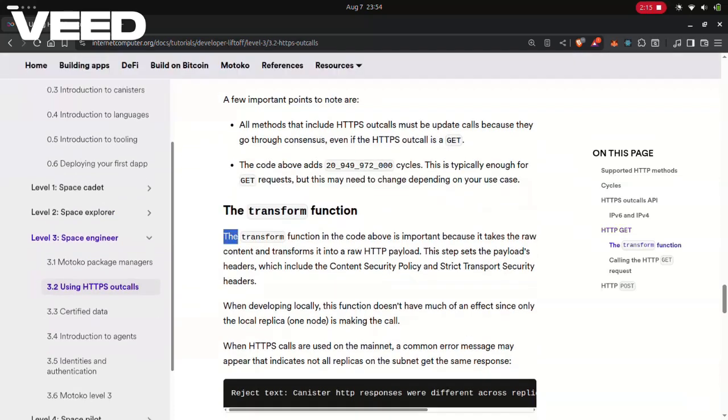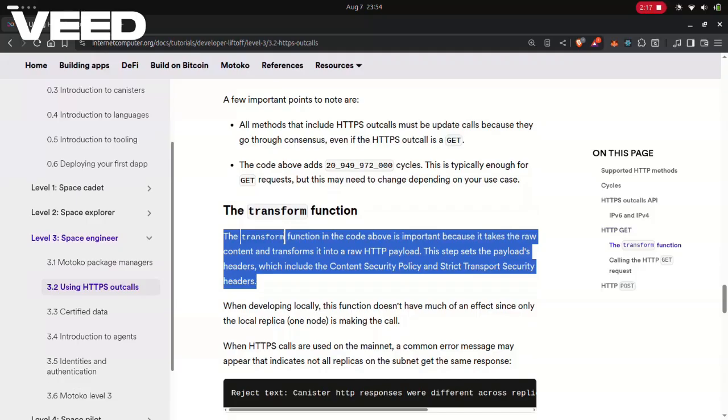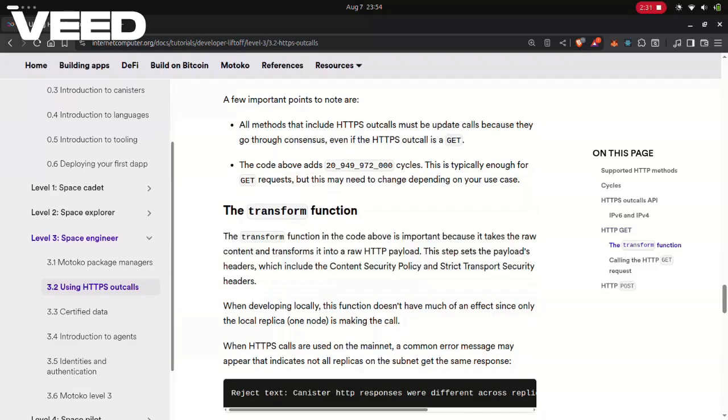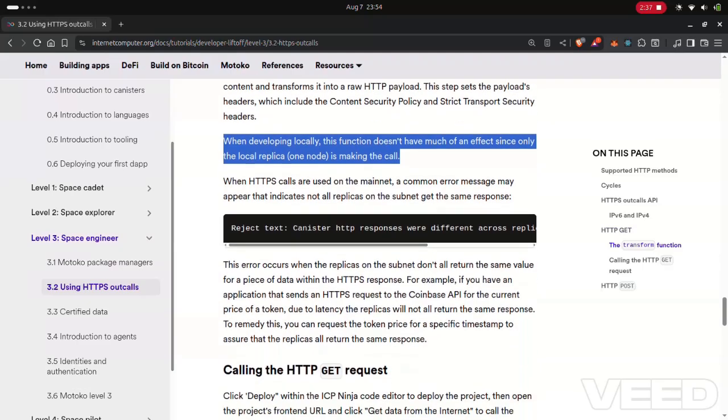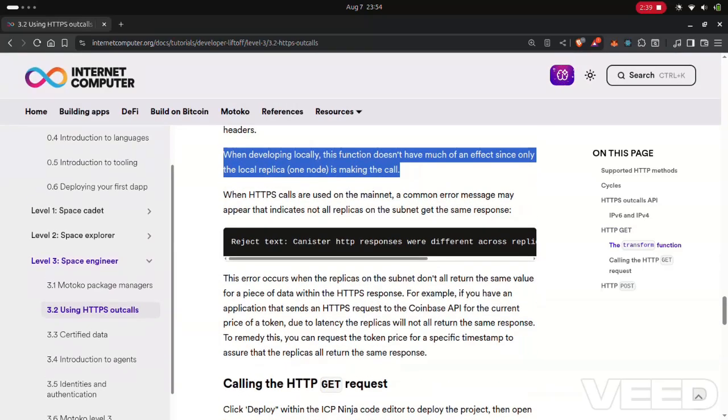The transform function. The transform function in the code above is important because it takes the raw content and transforms it into a raw HTTP payload. This step sets the payload's headers, which include the content security policy and strict transport security headers. When developing locally, this function doesn't have much of an effect since only the local replica, one node, is making